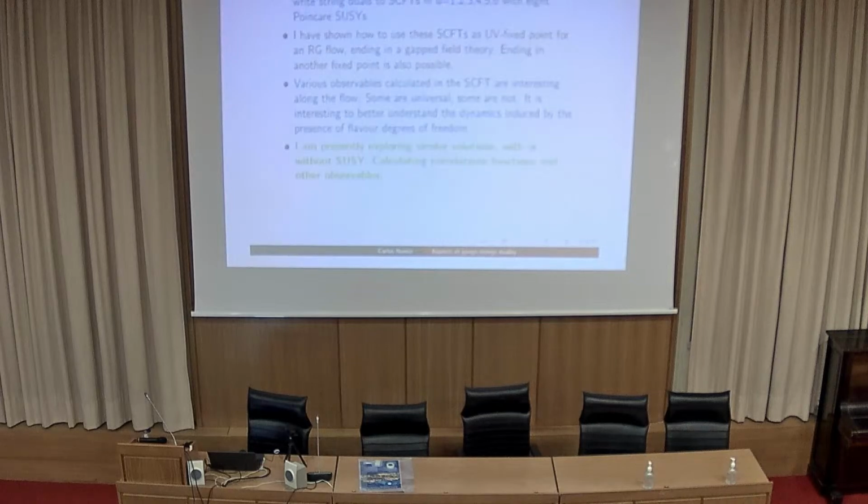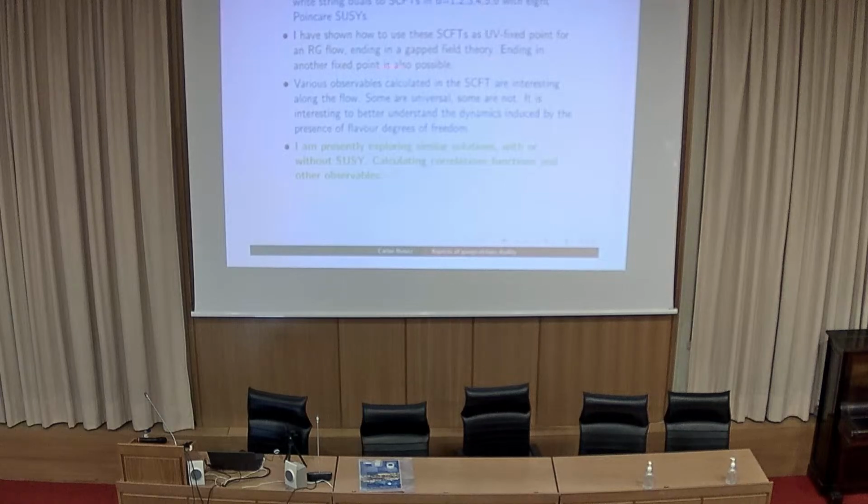Let me, because the time is done, just give the conclusions, and that's it. I have presented a generic D equals 4 formalism to write string duals to conformal theories. This is valid in all the possible dimensions with Poincare supersymmetry. I have focused on the four-dimensional details. I have shown how to use these conformal theories as ultraviolet points for an RG flow, ending into a gapped